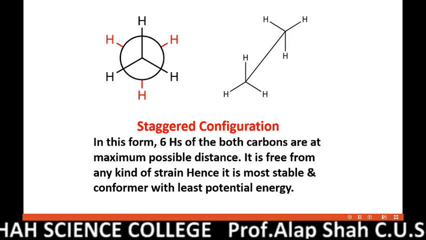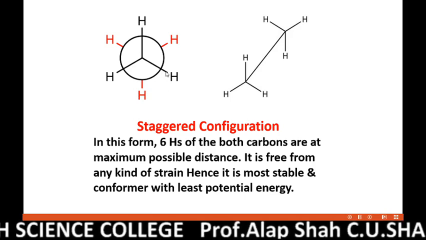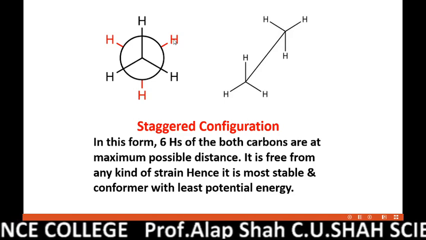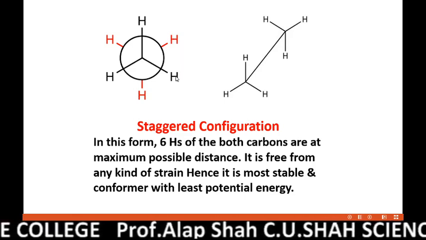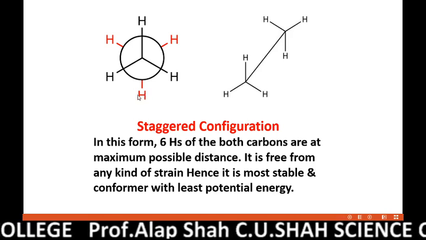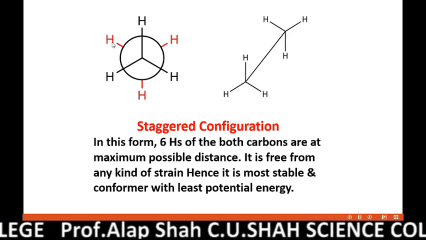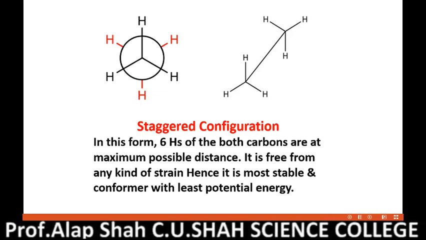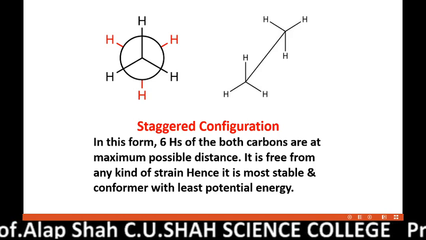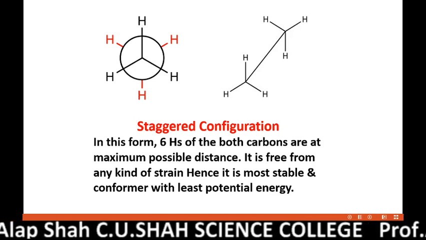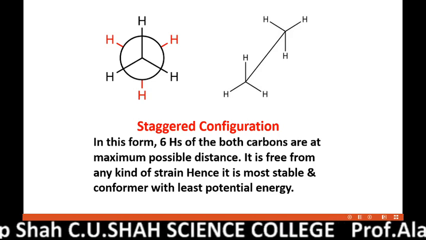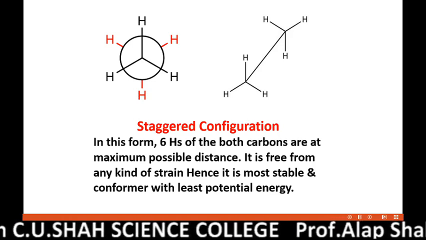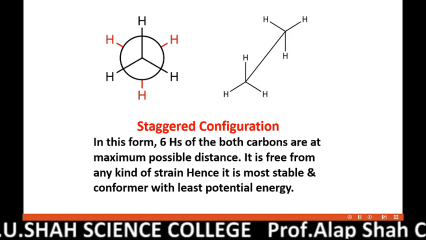Every 60 degree. See, if we hold the front three bonds as they are and give rotation to the rear bonds by 60 degree, then this hydrogen would move behind this, this red one would move behind this black, and this one behind this. So a 60-degree rotation would result in staggered to eclipse conformer. One more 60-degree rotation would convert eclipse to staggered. So rotation of every 60 degree turns staggered into eclipse and eclipse into staggered conformer.